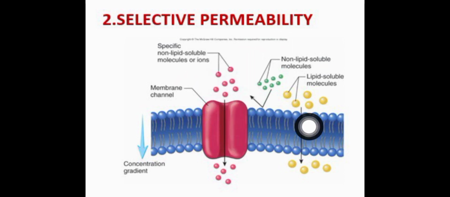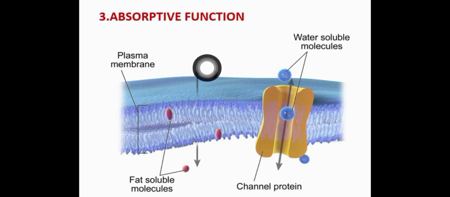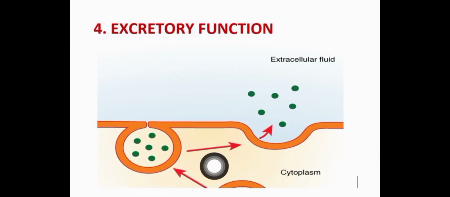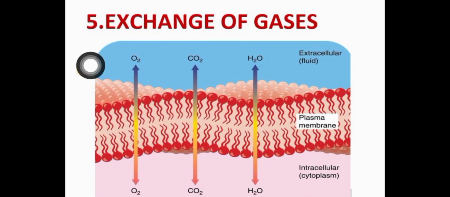which allows only some substances to pass through it and acts as a barrier for other substances. Third is absorptive function. Nutrients are absorbed into the cell through the cell membrane. Excretory function. Waste products from the cell are excreted out through cell membrane. Exchange of gases. Oxygen enters the cell from blood and CO2 leaves the cell